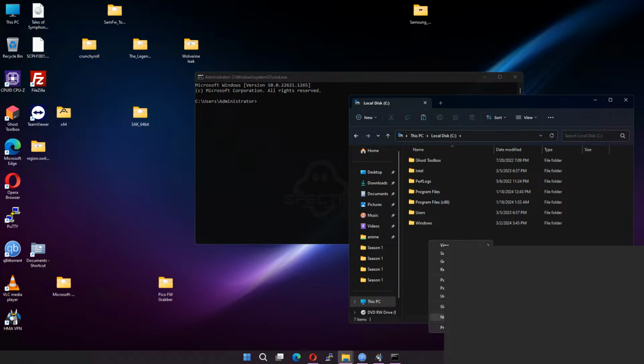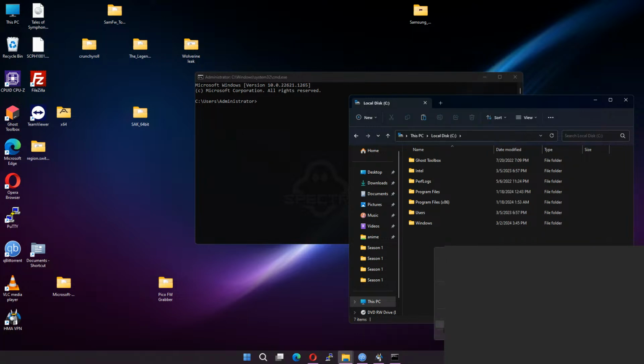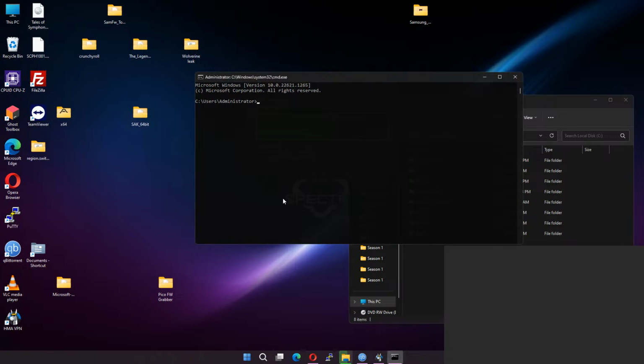Just to make it easier for everybody. Actually, we don't need this. We just need delete. We need to paste. Okay, so there we go. Now we have ADB. Okay, so what we need to do is cd.auth, cd ADB,